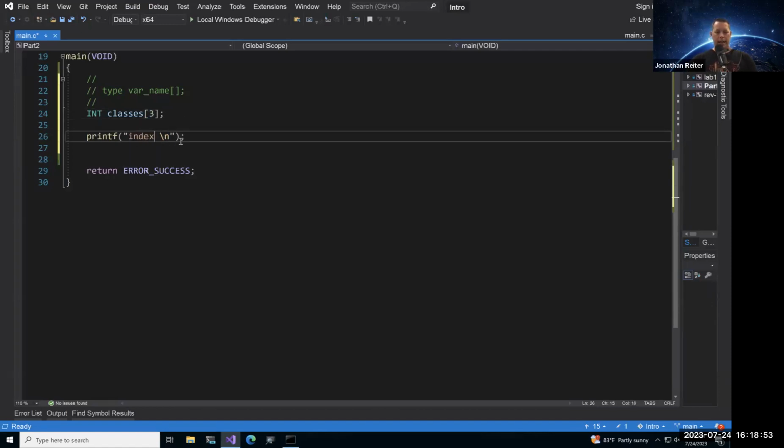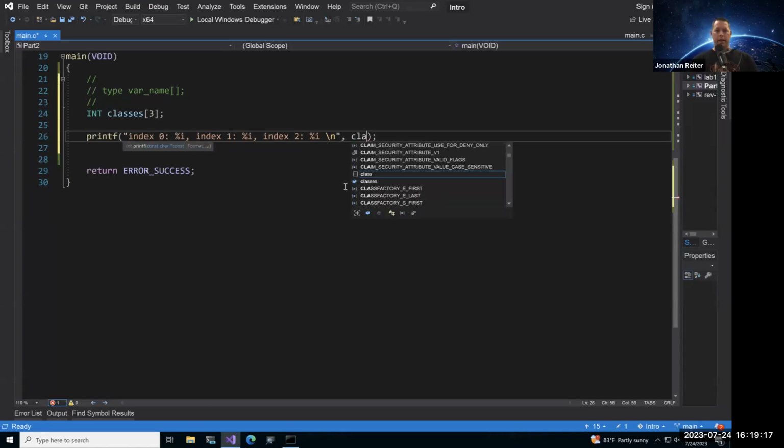Let's say at index 0, and we're dealing with ints, so it'd be %i. Index 1, %i, and of course index number 2, %i. Now we've got to come in here and actually access those specific indexes. So classes, and we got 0.